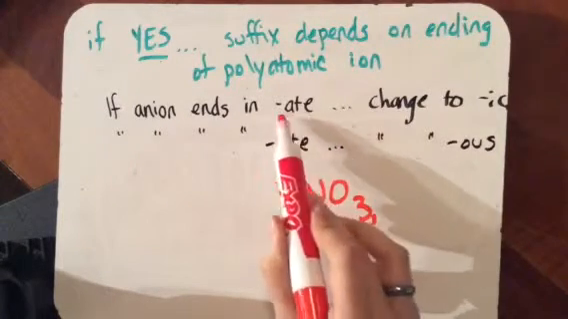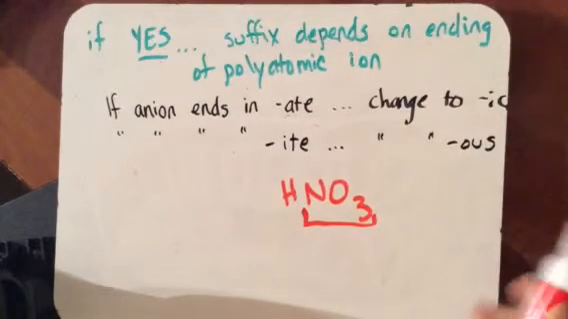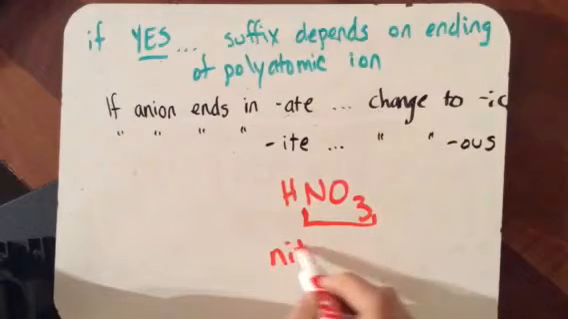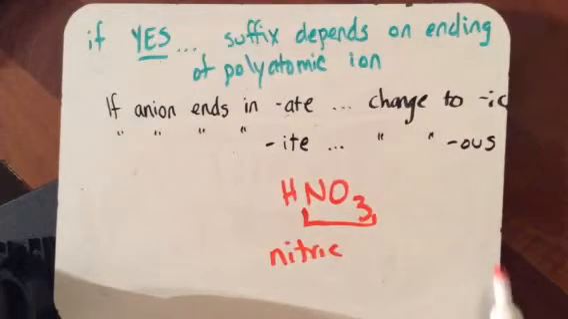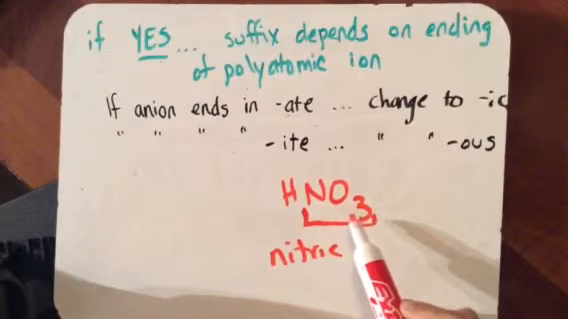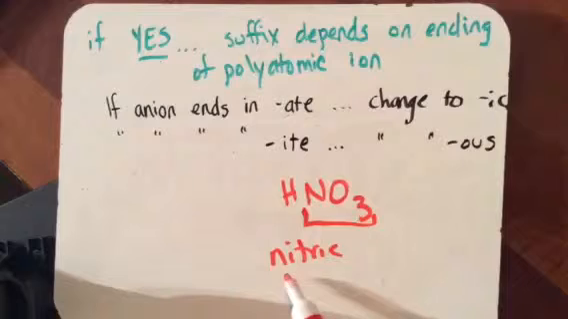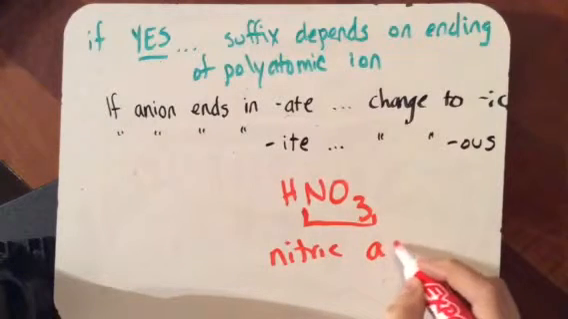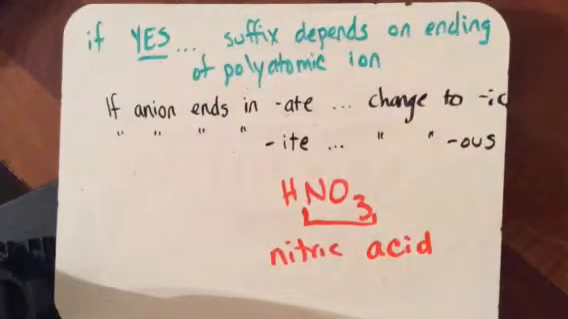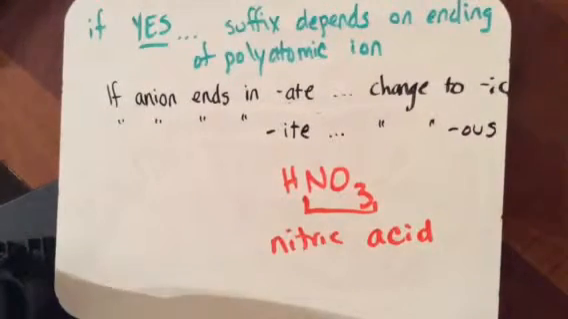And since it ends in ate, we're going to change the ending to ic. So this is nitric. Okay? And keep in mind that since we have oxygen here, we don't include that whole hydro business. We're ignoring that completely. So we are really just calling this nitric acid. Okay? Since there is oxygen, we do not use that hydro prefix. Let's look at